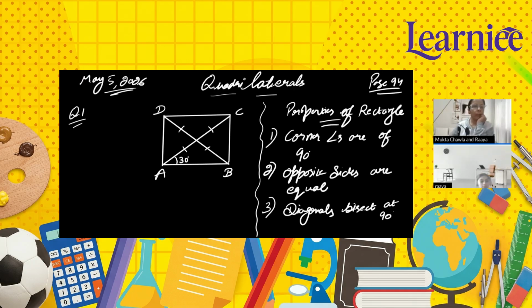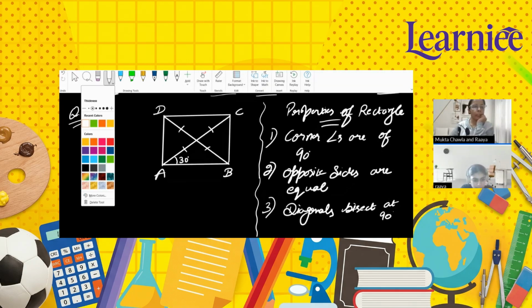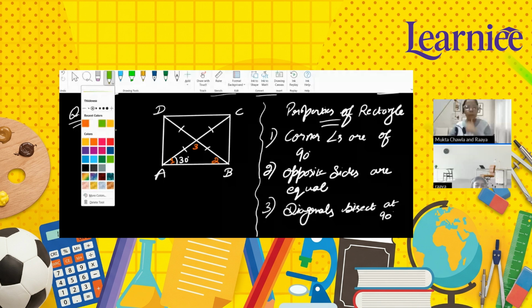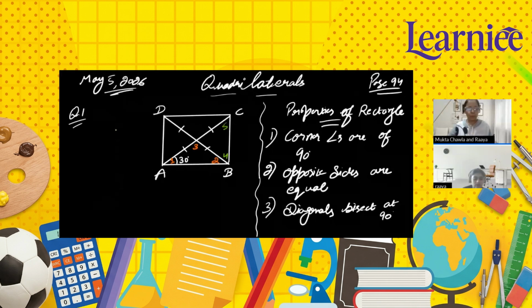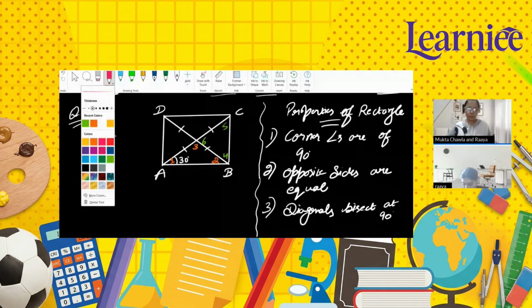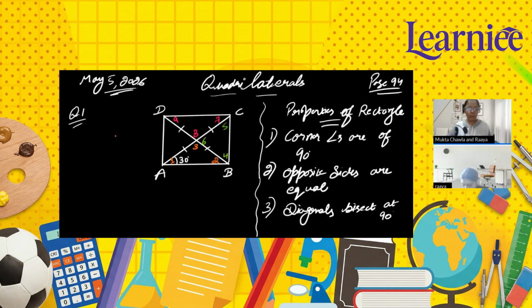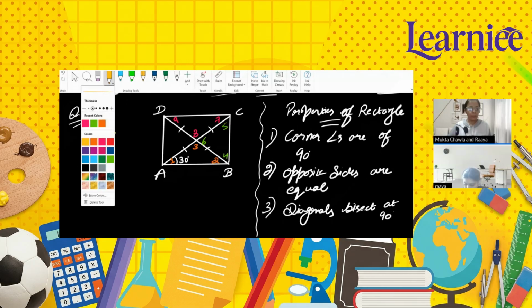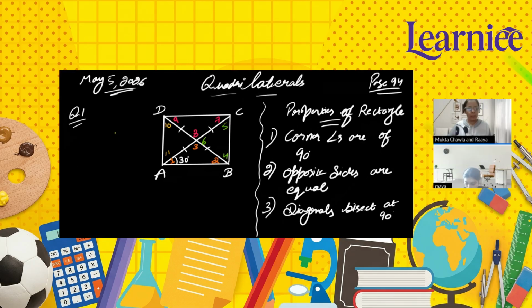So what we can do, we need to find all the angles inside the given rectangle. So first we can name them. Suppose this is our first angle, the angle that is already given. 1, 2, 3. I'm labeling them, right? Yes. I'm giving them numbers so that there is no confusion. 4, 5, 6. Because they are asking for all the angles. 7, 8, 9. What else is there? 10, 11, 12.